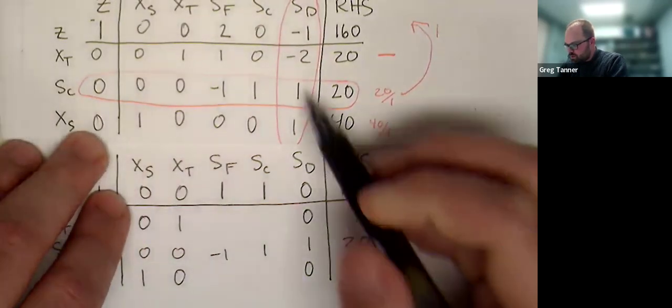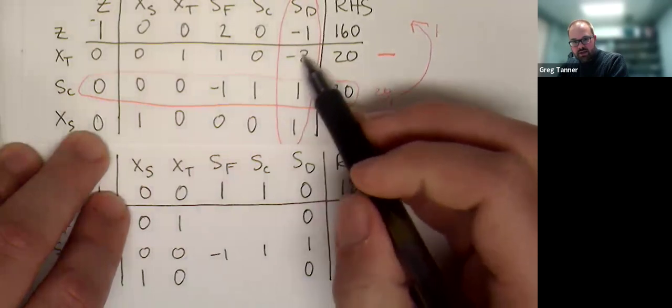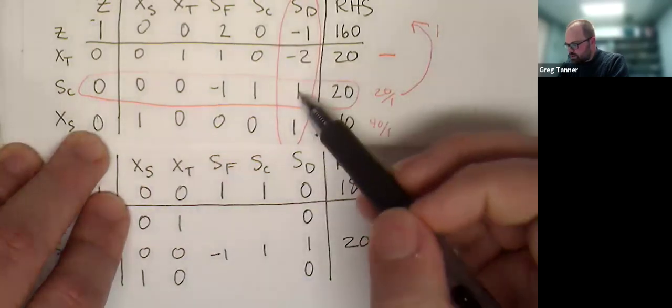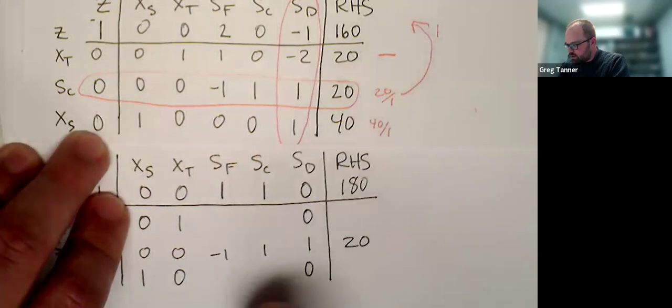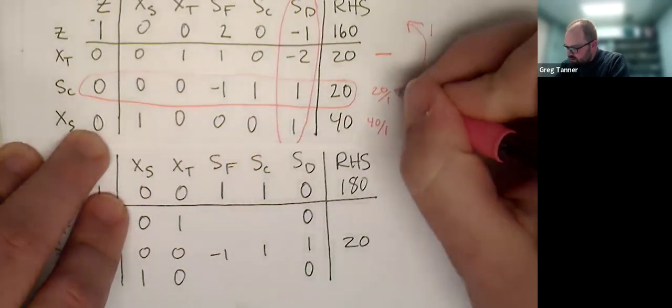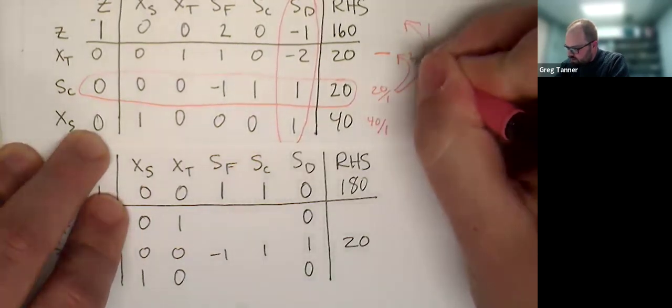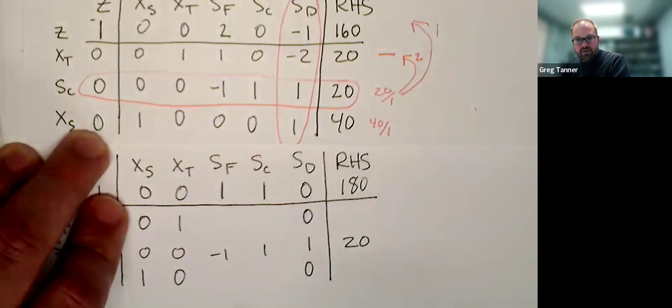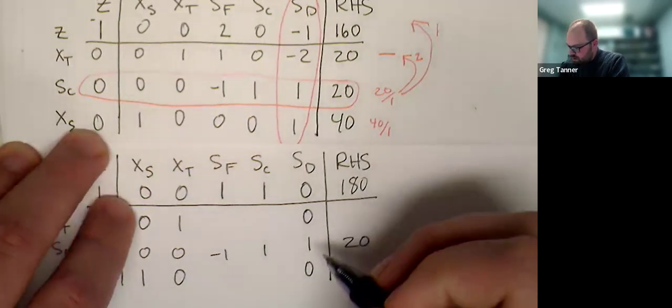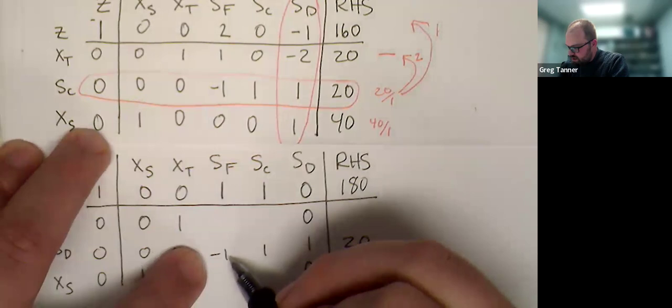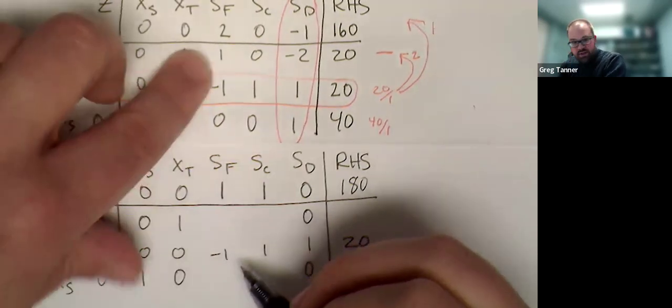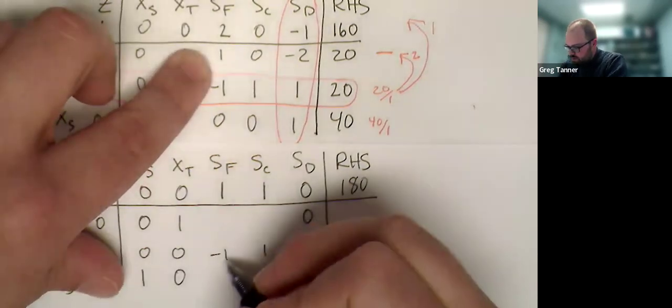Okay. Next, we'll go ahead and zero out this entry here. I need to add 2 times this row up to that row in order to cancel it. And so I'll remind myself that I'm going to take 2 times that, add it up to there. So 2 times -1 plus 1 is going to be